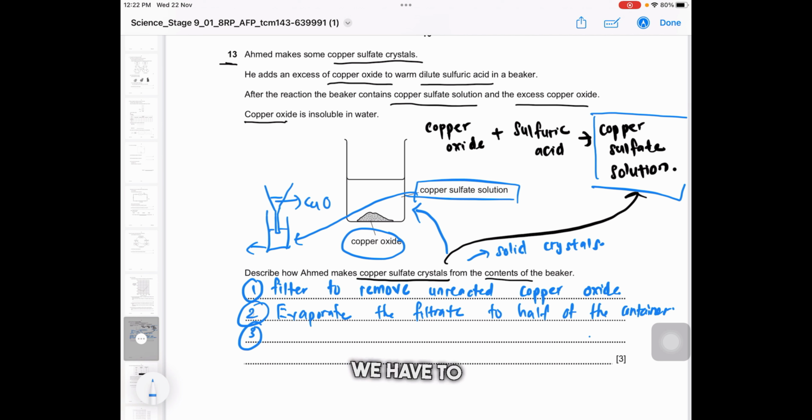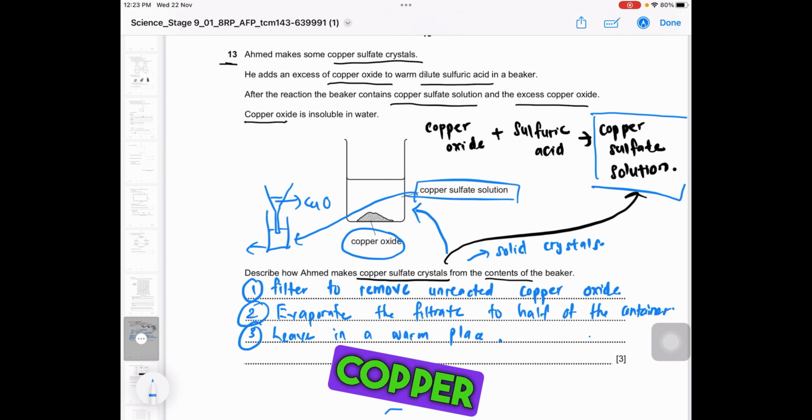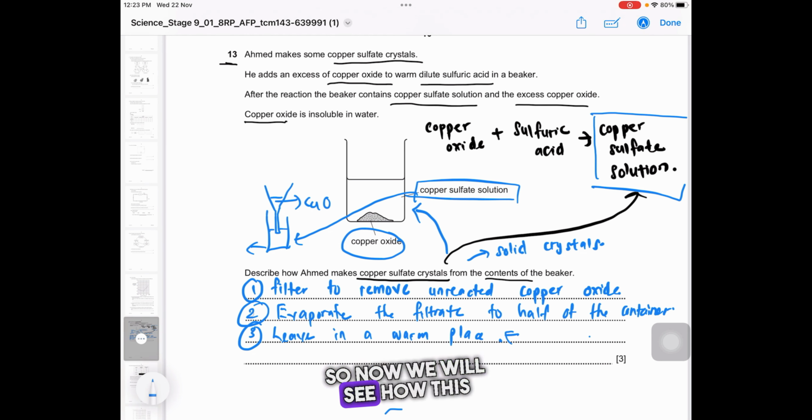And third, we have to leave the filtrate in a warm oven or in a warm place. So crystals of copper sulfate will start to form on the container's wall once the water gets evaporated. So now we will see how this experiment